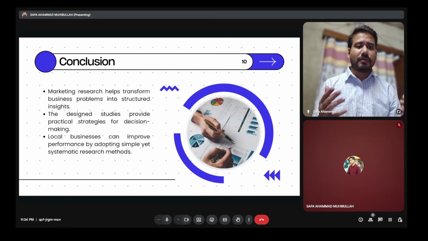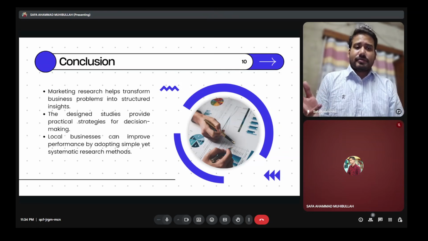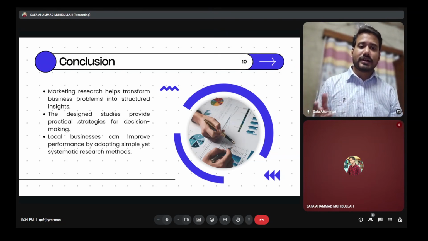doesn't always need to be complex. Okay, for example, small surveys or interviews